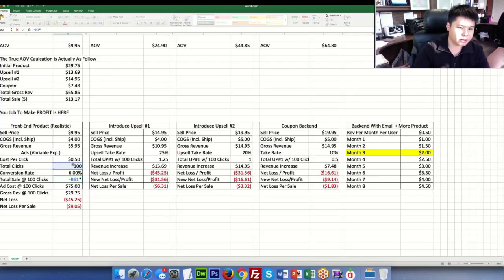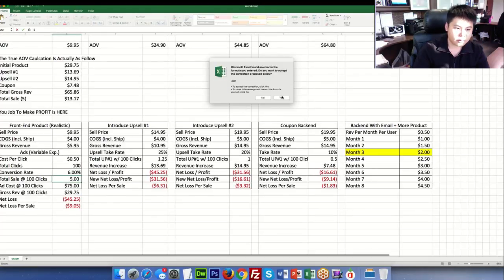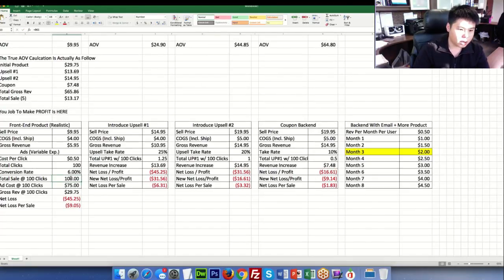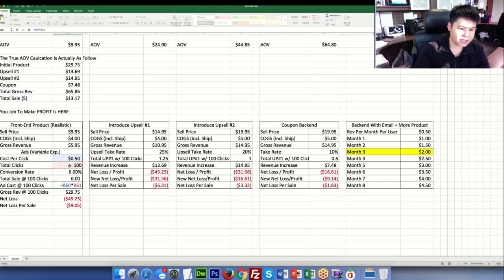Because if we look at this from a total sales perspective, you're basically going to make 100 clicks. 100 clicks multiplied by 6% equals 6 sales. Your ad cost now is going to be this multiplied by this, and you're going to have 6 multiplied by 595, and then your net loss is going to be this minus this, and then you will have this divided by 6 sales. It's 295, and we're going to cover the math over here.